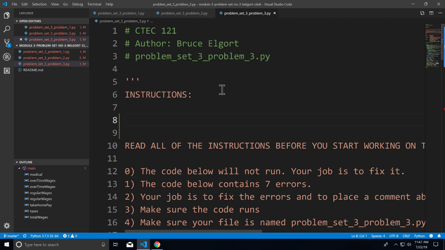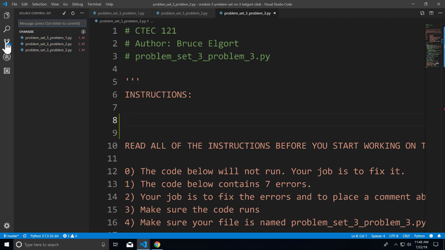Now, again, you may want to stop the video right now and rewind everything I did because this is some pretty complex stuff. So now it gets a little interesting because pretend you're done. Pretend you fixed all of my errors in the code. That's great. Congratulations. So what you need to do now is move to this tuning fork thing, this version control icon in the left sidebar, and click on it. And now you'll see that there are 3 files that the source control, Git,